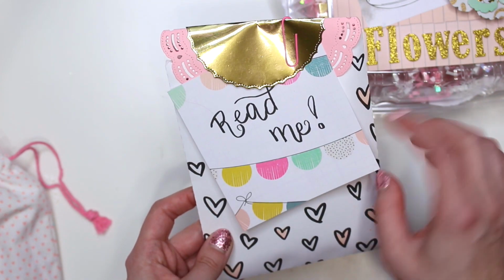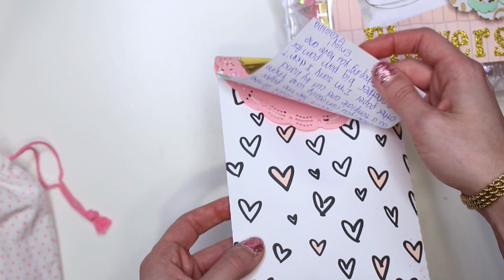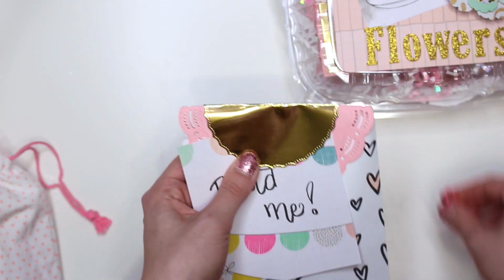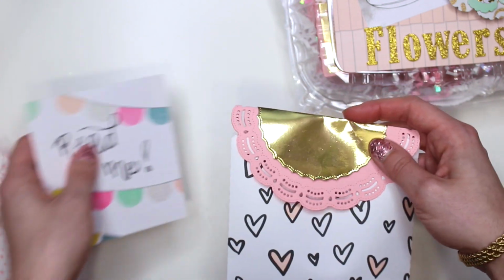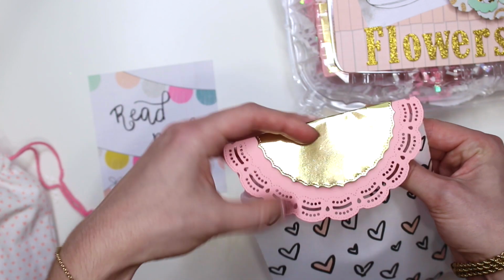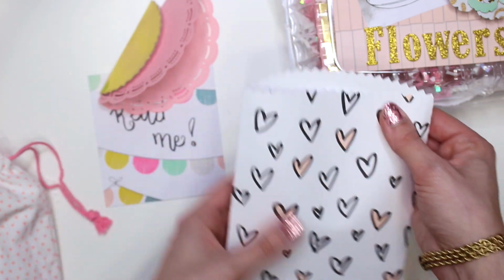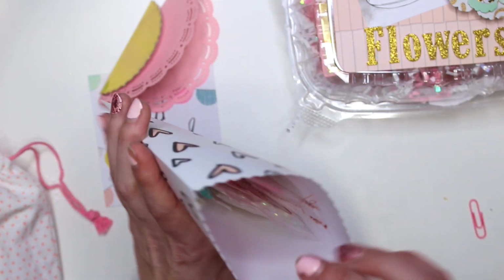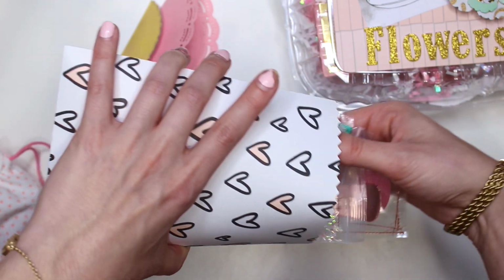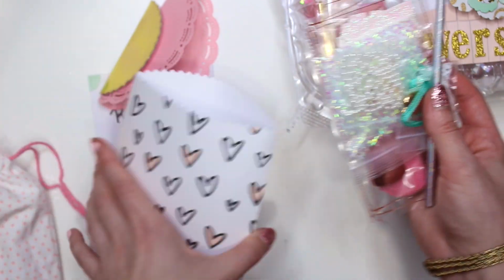Then this is from the Bloom collection. I wrote read me, and then I wrote her a little note in regards to this because I didn't have a pom-pom because I actually created another kit for her. And then this is a doily die that literally just came in today, and I just layered that as my bag topper. Inside of here I have a whole bunch of pieces, and this is going to create a little